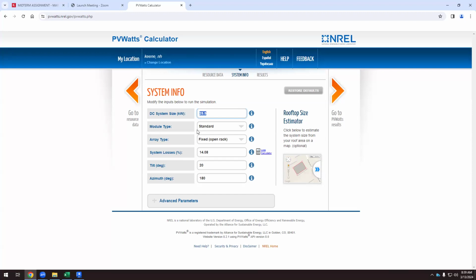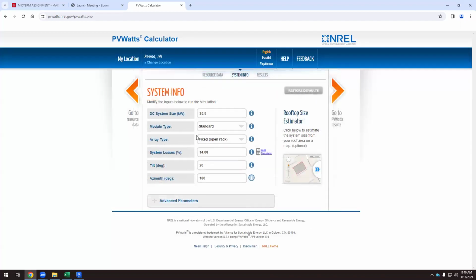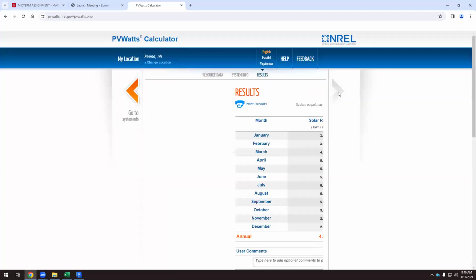Tilt, 20 degrees. That's the angle of the PV array. And the azimuth is 180. That means that it's south. Okay. If you click here in information, south is 180. If you have a different orientation, you have to change the angle, but it reduces the efficiency a lot. Okay, so if we do this, we go to the results, and the output is